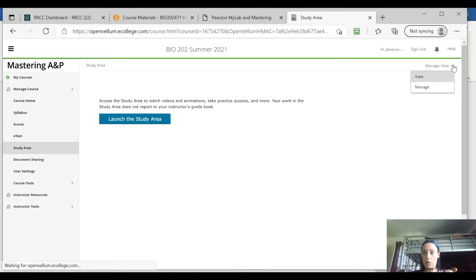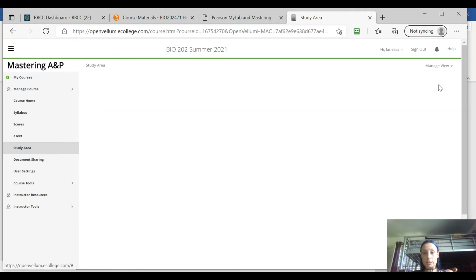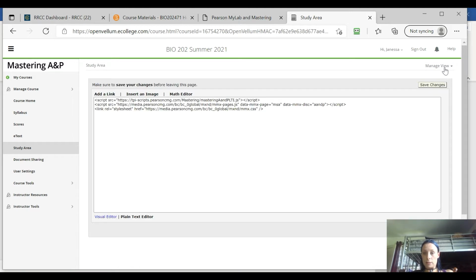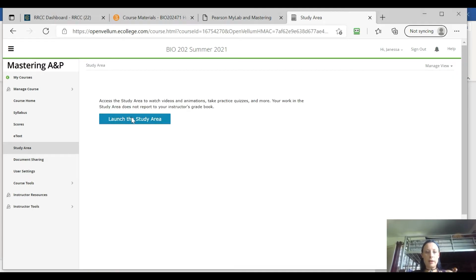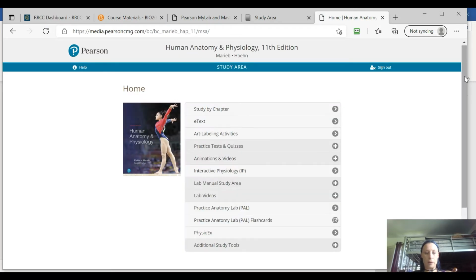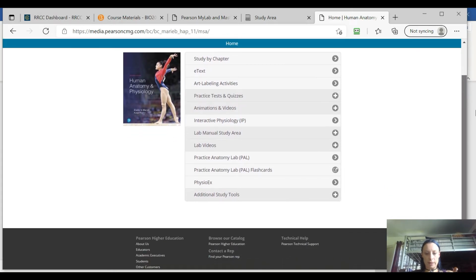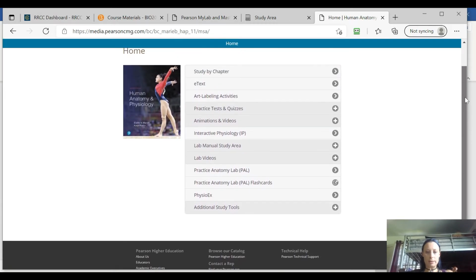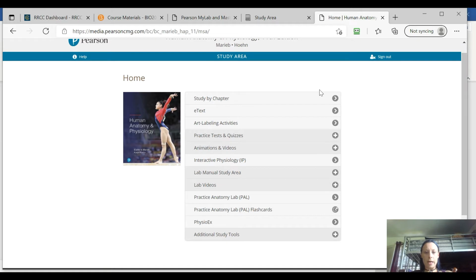You will, manage student view here. All right, hang on a minute. So this study area has a lot of really good information for you. I believe that somebody told me last semester that everything that you guys see is on the right side or something, but either way, you have lots of stuff that's really good for you.